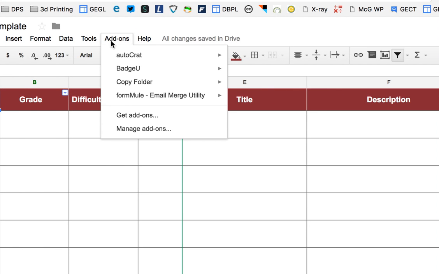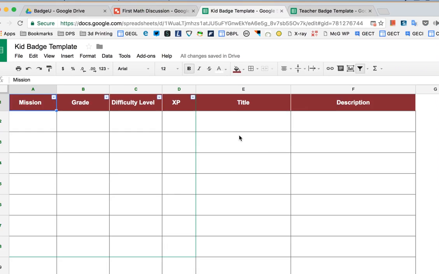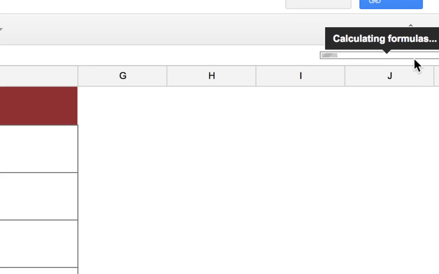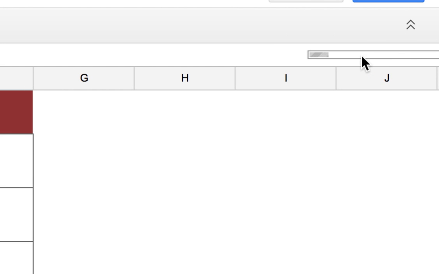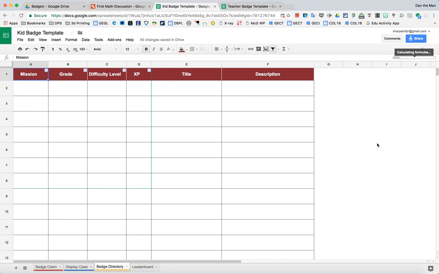So if we go back to our add-on, into the Badge U add-on, you can see there's one here, check for new badges. And when we click that, you'll get a little working sign, and then you'll get a little calculating formulas bar, because what it's doing is the sheet's actually going and checking the teacher template just to see if there are any new badges yet. So we're going to sit back a second and wait for this to calculate to see what new badges are there. And like magic, not really, but it looks like it, our badge that we created has now shown up